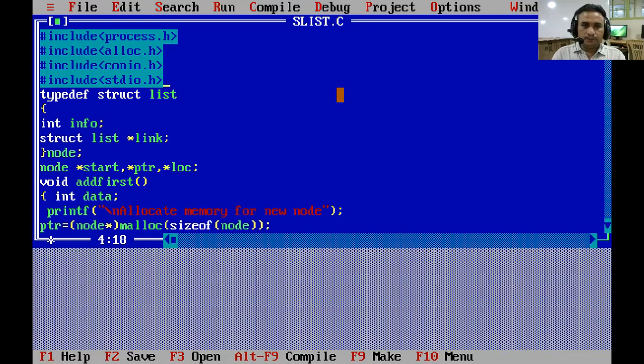So sequence of header files is not mandatory. We can write in any sequence.